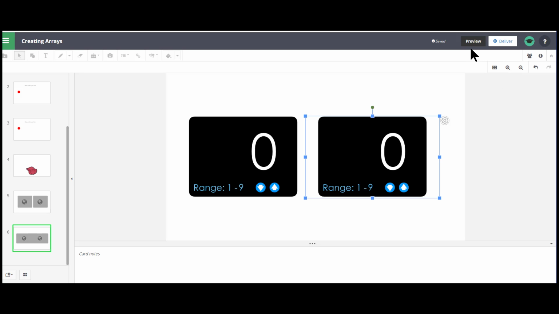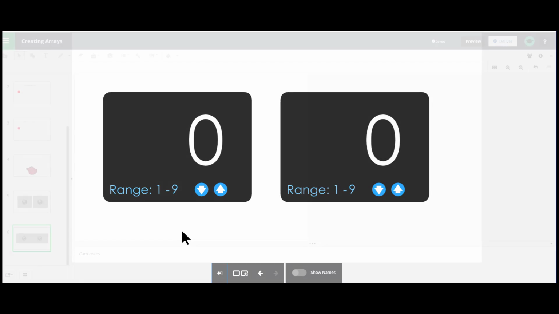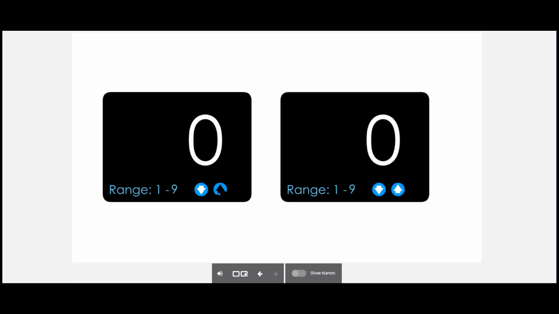So I could go to my preview again. I could choose my range here when I go into my preview. And I could make that one 1 to 5 and make this one 1 to 9. So I'm going to give them a 1 and an 8. Or I'm going to give them a 2 and a 3. And so if I wanted to go in to deliver that,